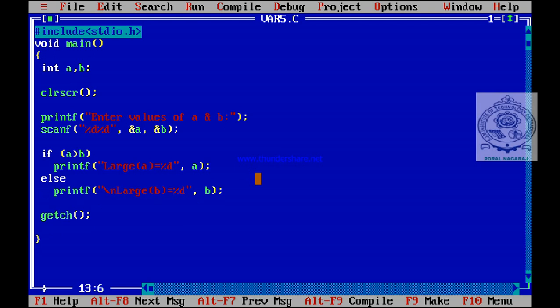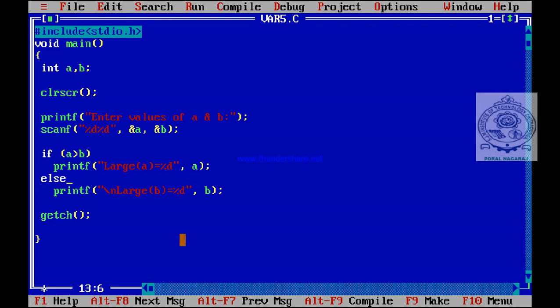Here, if the condition A greater than B is true, the statement before else is executed and the statement after else is skipped. If the condition A greater than B is false, the statement before else is skipped and the statement after else is executed. So only one statement is ever executed and the other one is skipped. This is what the if else statement is.